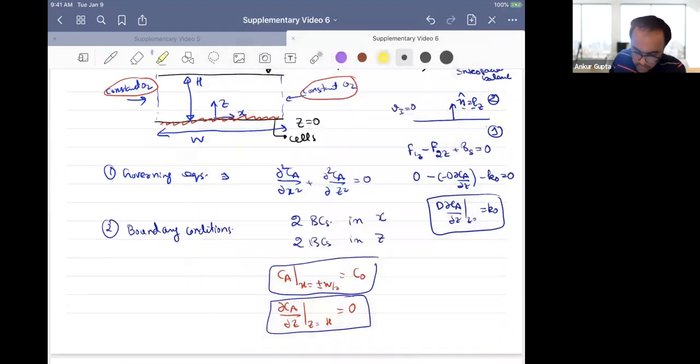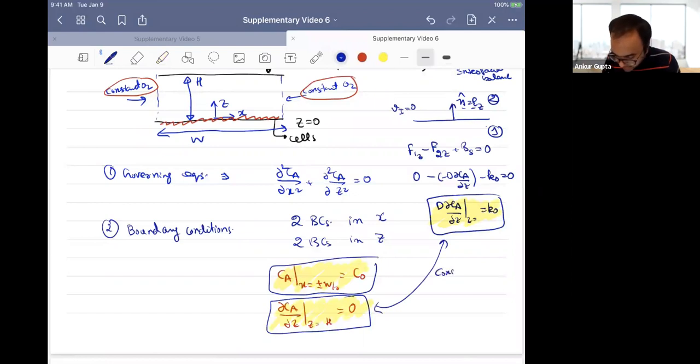K naught. So there are four boundary conditions that we did. One is plus minus w by 2, one is z equal to h, and one is this one. Now, we started with a 3D problem, we had done a 2D problem, and now you can further make it a 1D problem. And remember that we have discussed this in supplementary video 5, when you have a constant flux in both the z limits, when you have a constant flux,